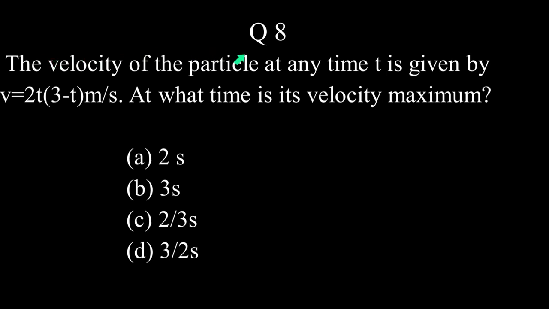The velocity of the particle at any time t is given by v is equal to t into 3 minus t meter per second. At what time is its velocity maximum? Okay, see, so before we go into the solution, let me just try to give a graphical interpretation of the